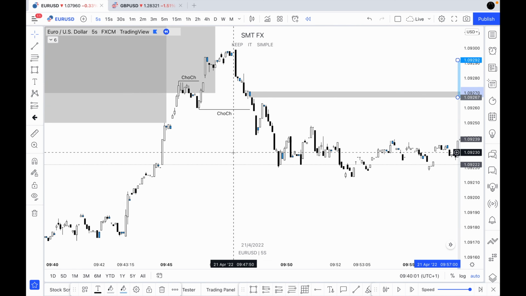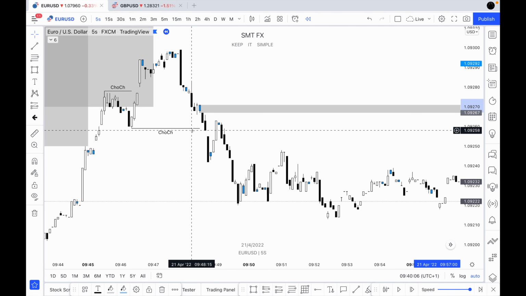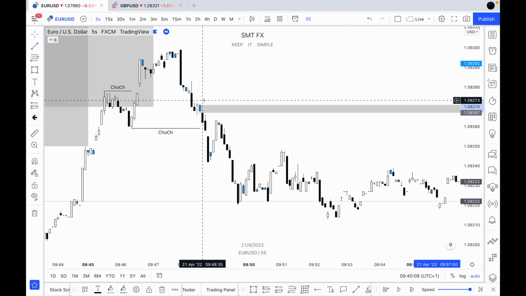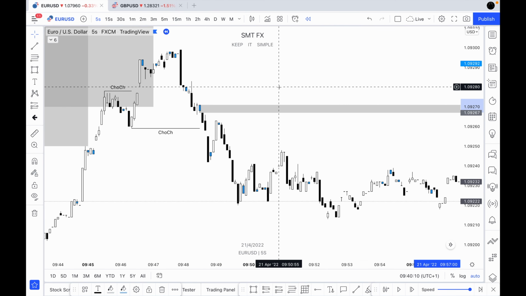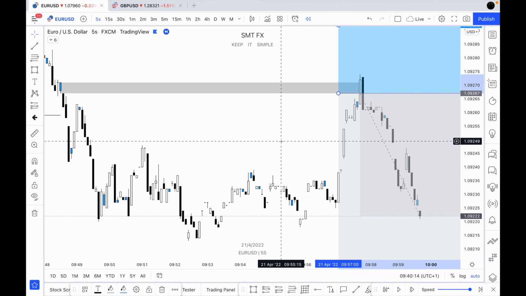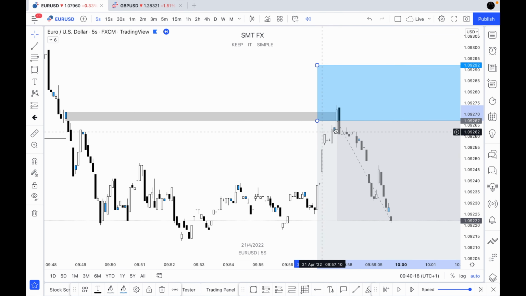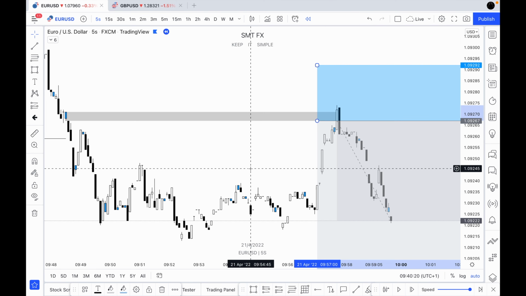We can then see on the 5 second, the reason we looked at this zone is the zone that caused the ChoCh was an inside bar, and this is the candle that we entered from. So if you want to have a look on our Instagram page, you'll be able to see that this was the zone or the entry that we took. Okay, so from this point we had a limit order set.